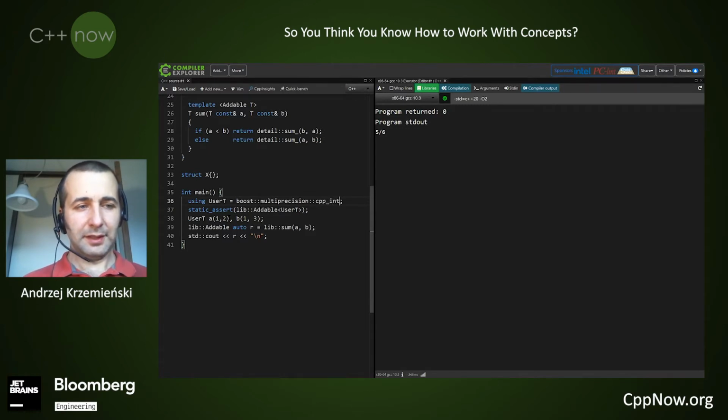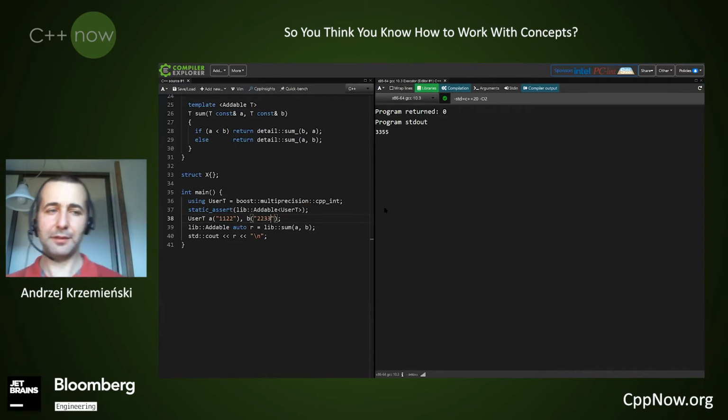Now we use strings to initialize them. So if we sum them up, we expect 3355. Let's check if it compiles. Still compiles. Yeah, 3355. So it works.